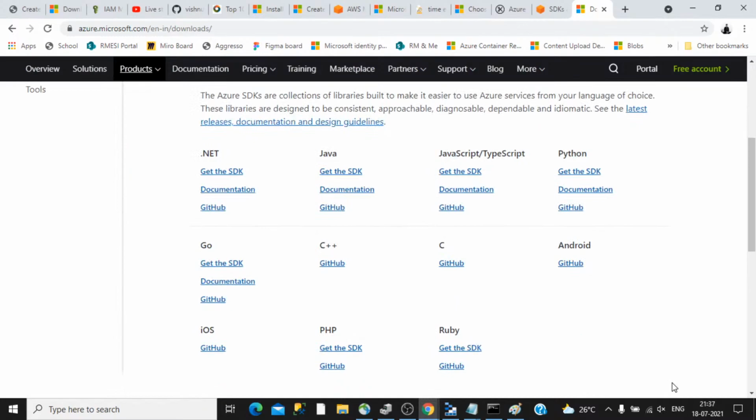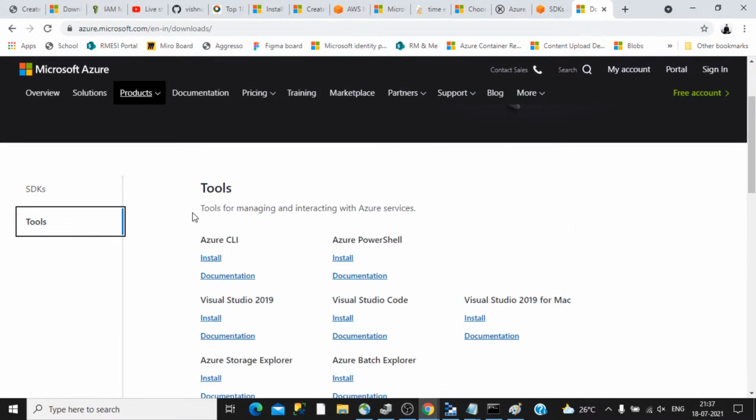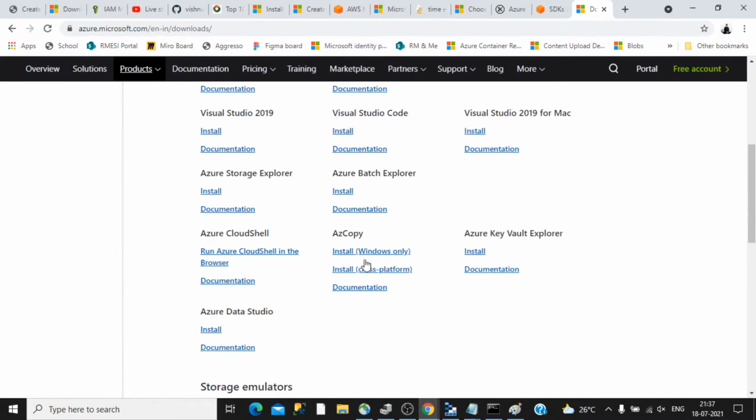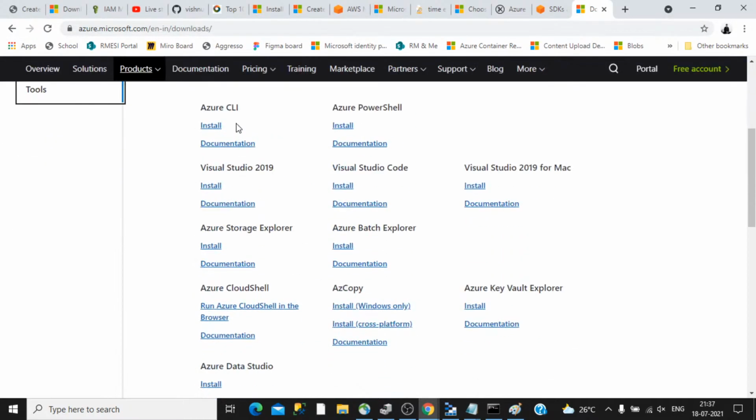An application needs an SDK to connect to Azure or whatever cloud, and the tools are used for manipulating the different activities in the cloud. We can do the same in the portal as well, and the portal has good support for those things, but you will find it easier to use these kinds of tools when you develop the application instead of always going through the portal. That is why many of the integrations are natively provided in the respective IDEs as well, so that it gives an easier way to interact with the cloud.